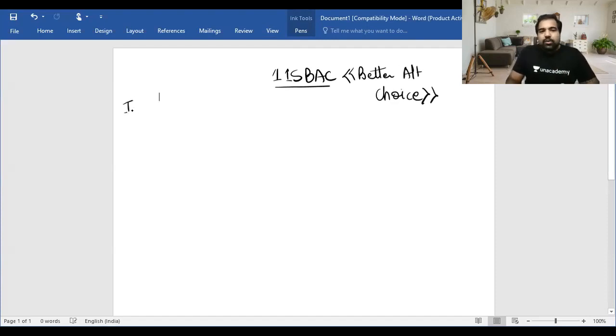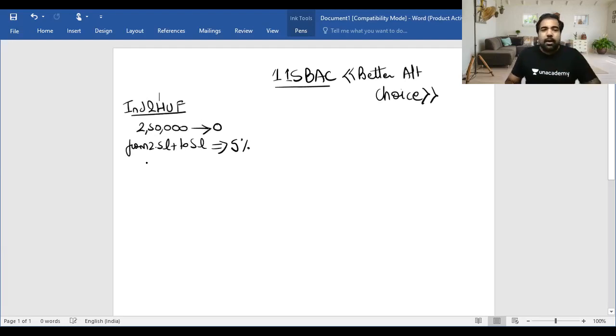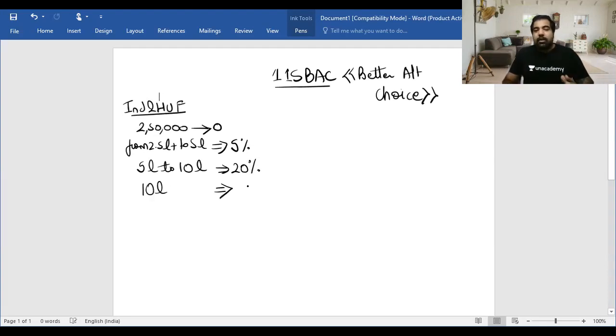Guys, till now, we know individuals and HUFs are taxed on some slab rates. I'm just putting the slabs and I'm telling you what's wrong with these slabs. Up to 2.5 lakh rupees, your percentage is 0. From 2.5 lakhs plus to 5 lakhs, you're taxed at 5%, which is a nice number from 0 to 5%. But suddenly the slab becomes bigger from 5 lakh to 10 lakh. Not just has the slab become wider, the percentage has jumped 4 times to 20%, which for a person is a steep jump. And then of course, from 10 lakhs, plus any amount, it's taxed at 30%.